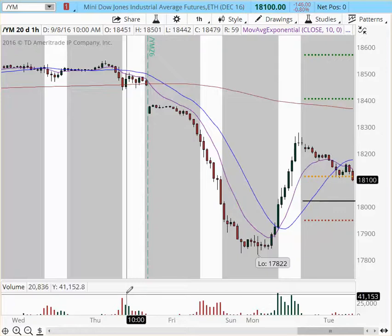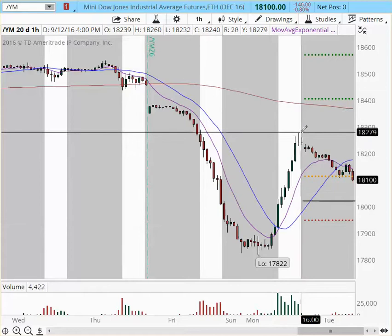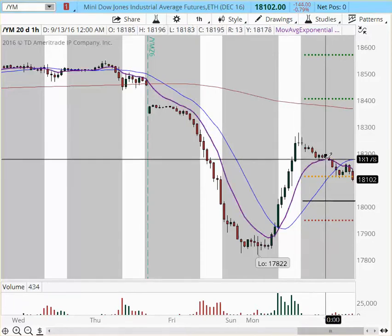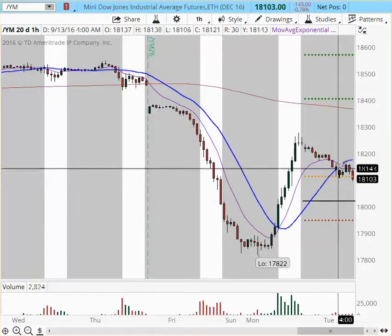Eastern Time. Yesterday we had an extreme rally, and it took price all the way to 18,181. So this is the new resistance that we have formed on the hourly chart and also on the daily chart. Since forming this high yesterday, at about 3 p.m. Eastern Time, we started the decline in the Asian session, and right at the European session, we had a small